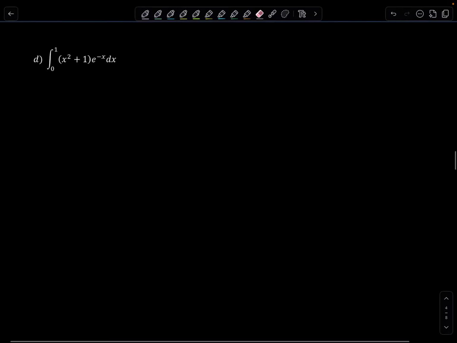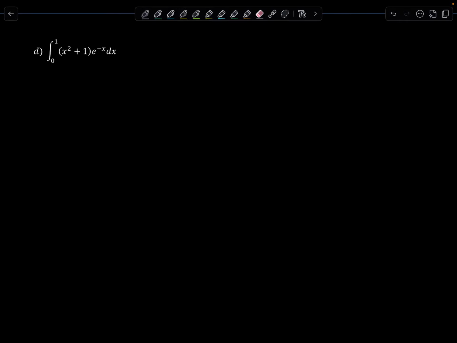All right, now let's do some with limits of integration. Okay? Here we go. We have integral from 0 to 1, x squared plus 1 times e to the negative x dx. So what do you think we should let u be, and what do you think we should let dv be? Always remember, you want du and v to be as easy as possible to integrate. And if you have some polynomial, usually you want that to be u,